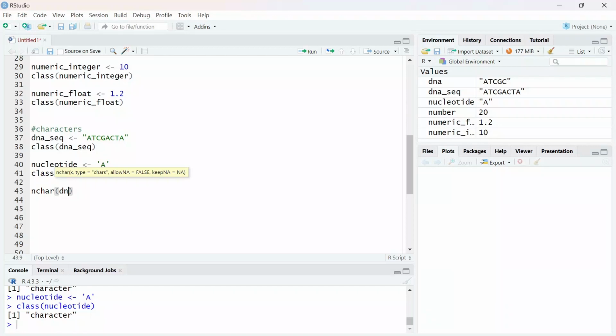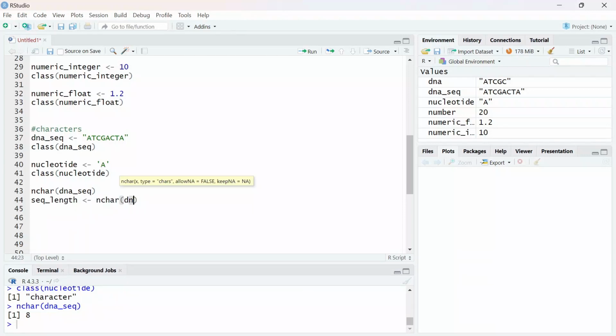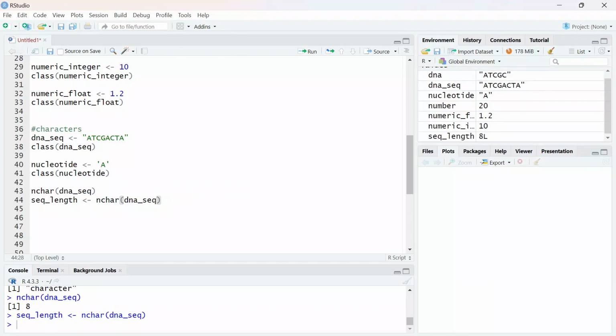Let's say nchar, you can say DNA-seq. This will give you the number. It's 8. When we count 1, 2, 3, 4, 5, 6, 7, 8. It's 8. That's why we have it as 8 here. Right. Now you can assign the whole operation to a variable. So you can say seq length, and you say nchar DNA-seq. So now if I print seq length, I have 8. All right, so it's very, very simple and straightforward. Okay. So that's for the